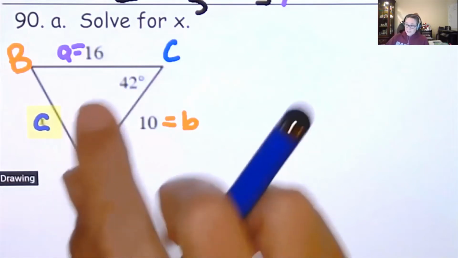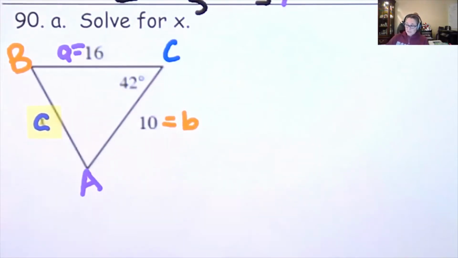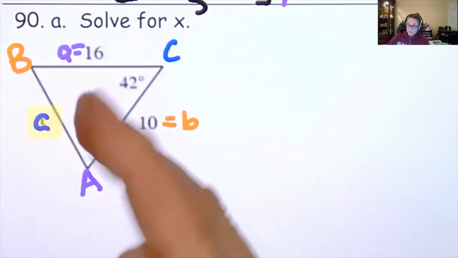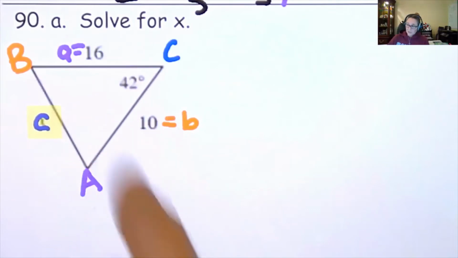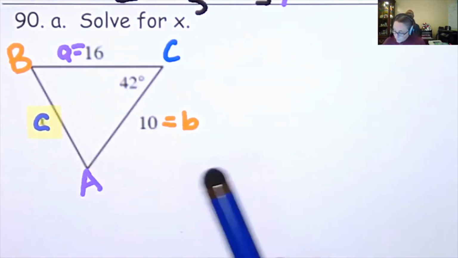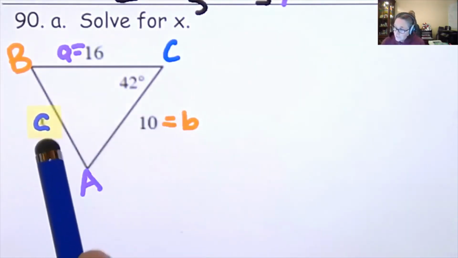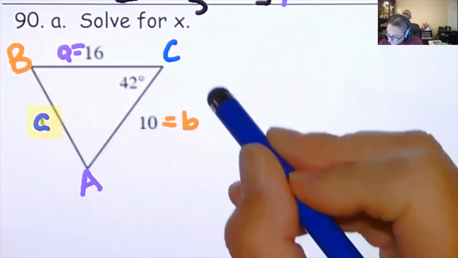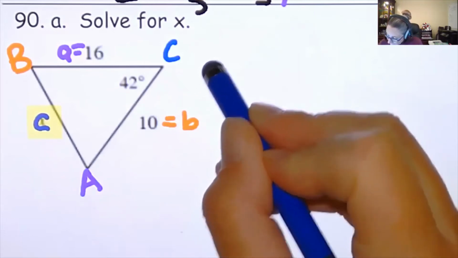So looking at this, I don't have any pair. Sometimes if I know two angles, I can find the third angle and then I can get a pair. I don't know any pair. So that means I'm not going to use law of sines. I'm going to use law of cosines. And since I want C, the formula I'm going to do is